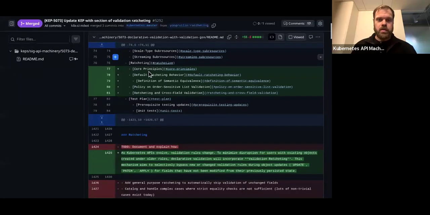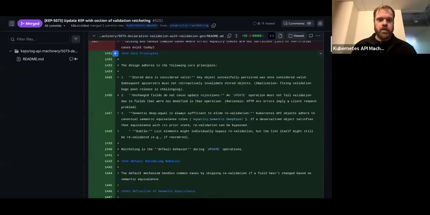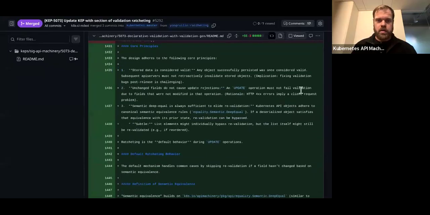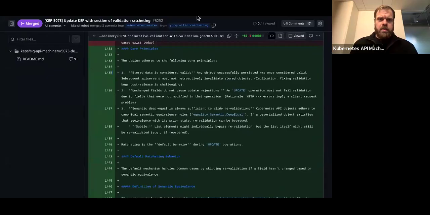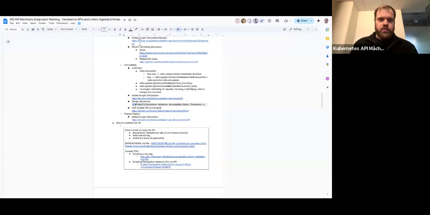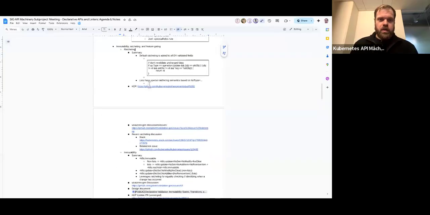This is the PR that added some of the information around ratcheting. Maybe the easiest way to explain it: each field that gets tagged with declarative validation has a default ratcheting equality check added.